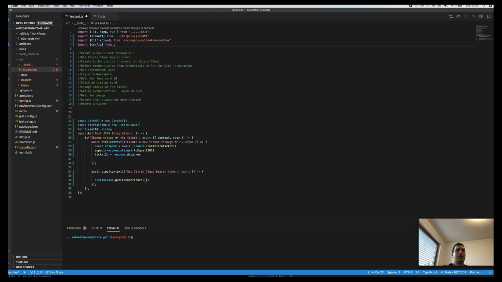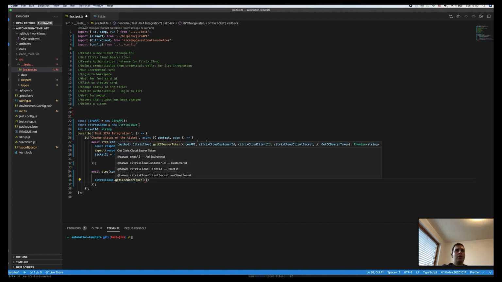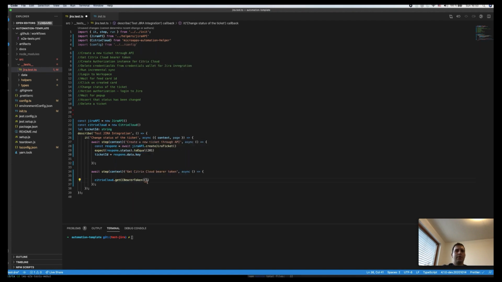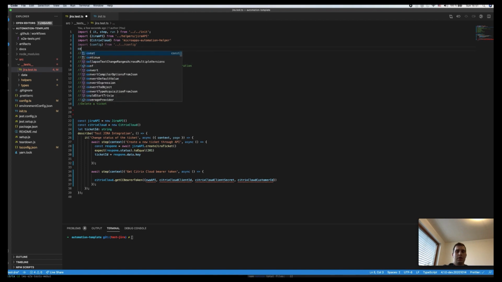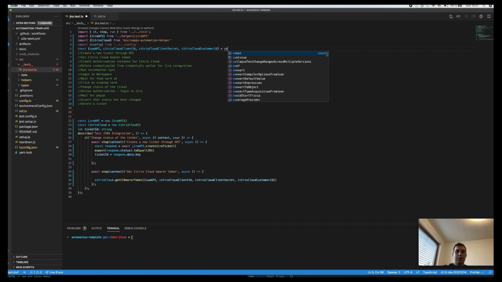It's from config.ts, and I will get all those variables from config. So let me fulfill the function parameters, and I will get everything from a config. So let's say that this is coming from config. Okay,